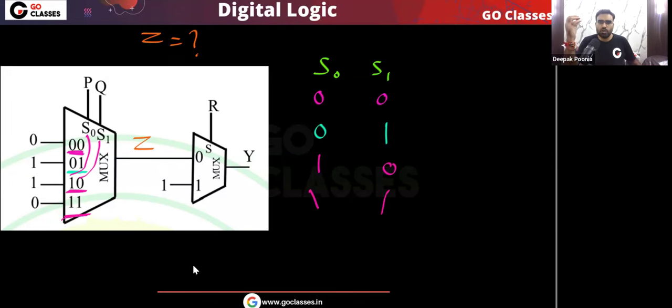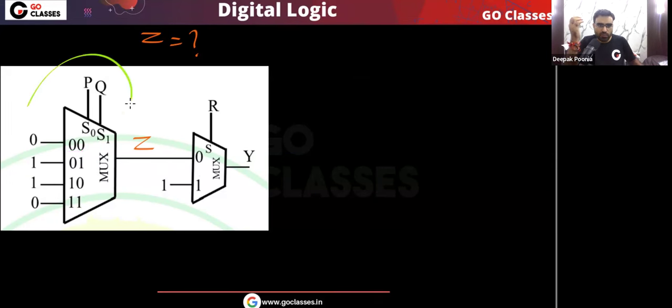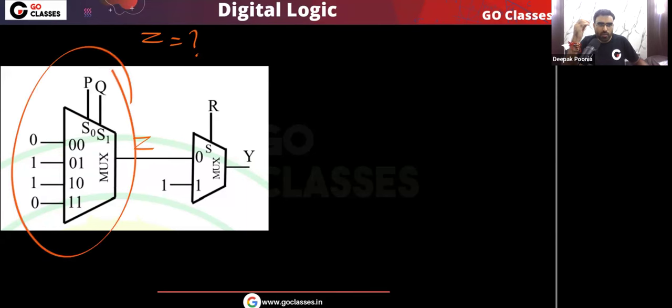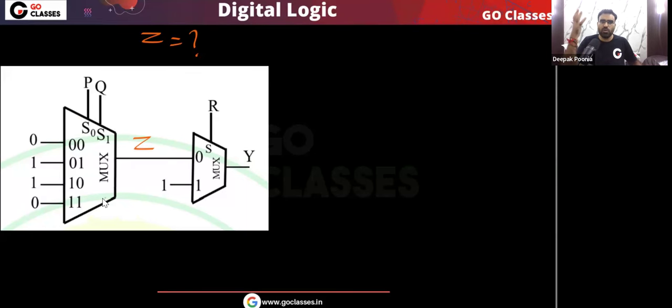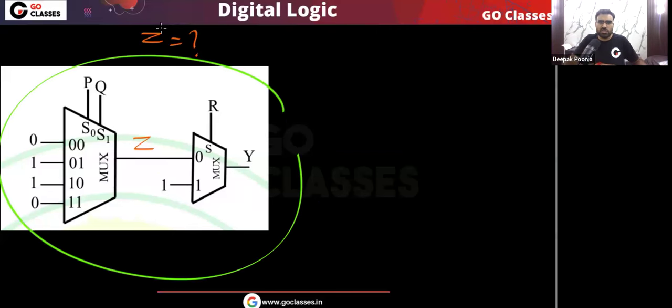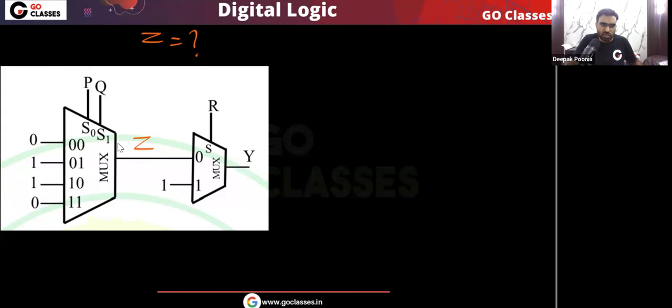I hope you understood. Remember, this is a very beautiful question. In this block diagram of the multiplexer, everything is already given to you, so that you don't have to worry about which select line is MSB, which is LSB. You don't have to use any default convention, because everything is already given in this block diagram. This is a well framed question. The question maker has already given you the complete information, because you can see we are writing S0 S1 and here 0 0, 0 1, 1 0, 1 1.